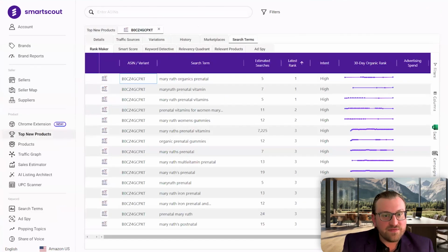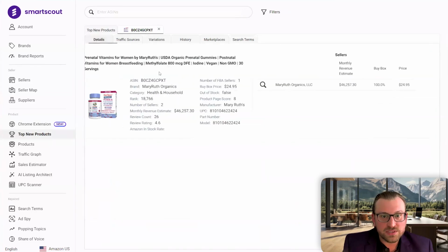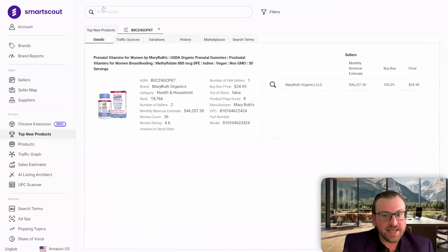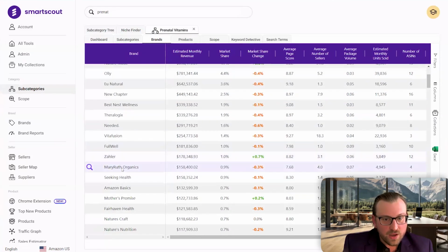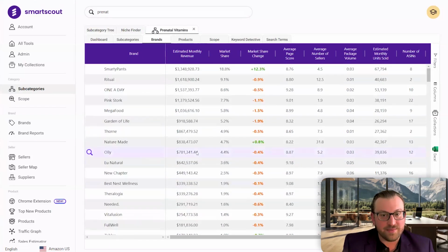So that product we found, what's the brand? It's called Mary Ruth Organics. So let's take a look if we can find Mary Ruth anywhere here. Okay, so check this out. Mary Ruth has 1% market share in the prenatal vitamins category on Amazon.